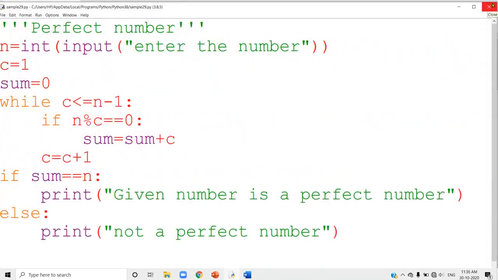I think the logic is clear for you, right? You have to find out the sum of the factors. We know how to find the sum of the factors, which we studied in the previous class. So find the sum of the factors, but don't take the original number. Don't take the original number means the while loop test condition depends upon that. If you don't want to take 1, then the initial value you have to take with 2. That's the only difference. The program is this one. I think all of you understood the concept behind this, and the logic is also clear for you.